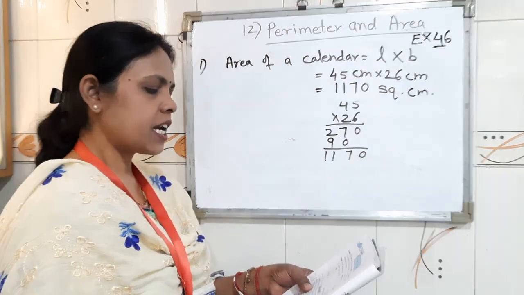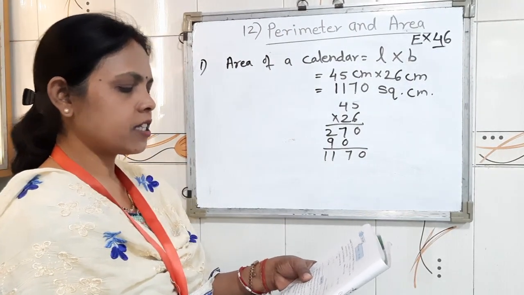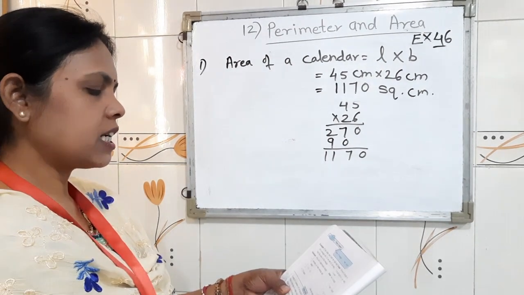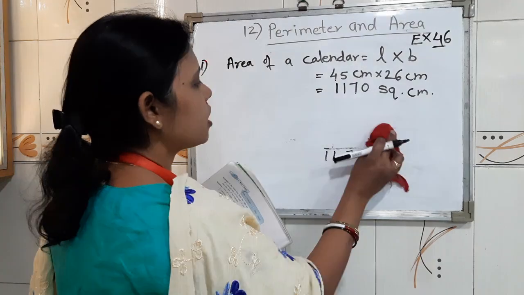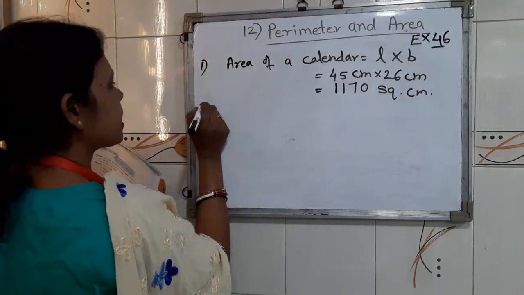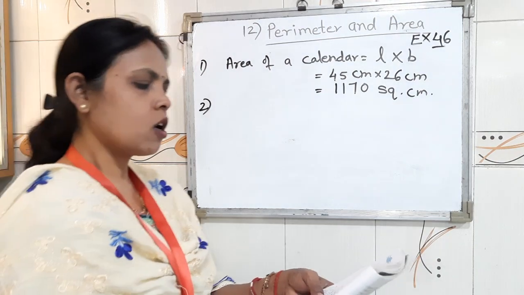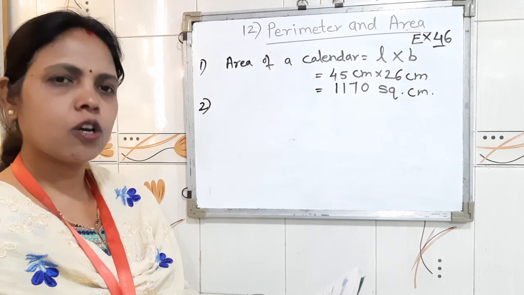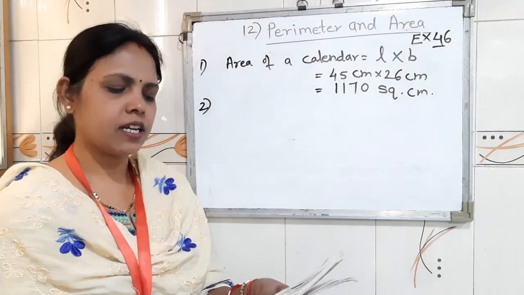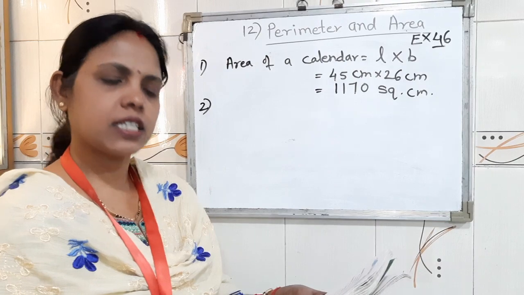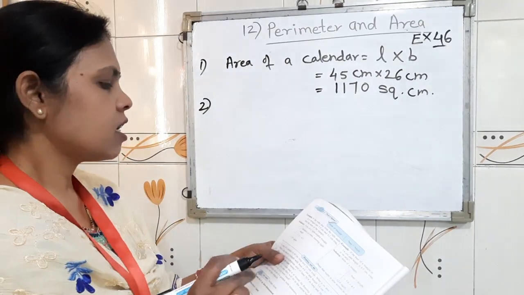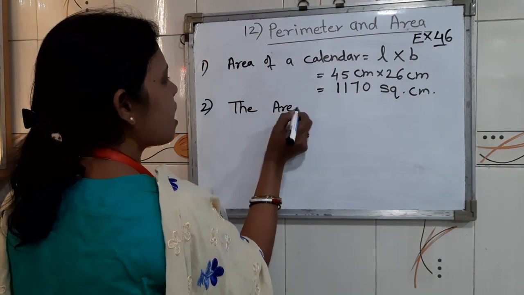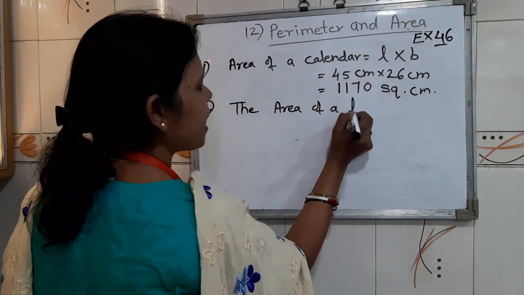So children, question number second. What is the area of a triangle with a base 4.8 centimeter and height 3.6 centimeter? What will you write? The area of a triangle